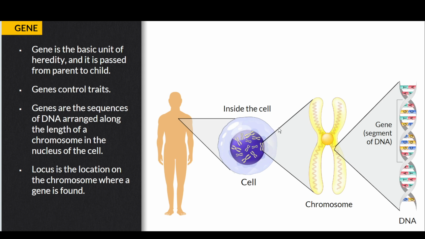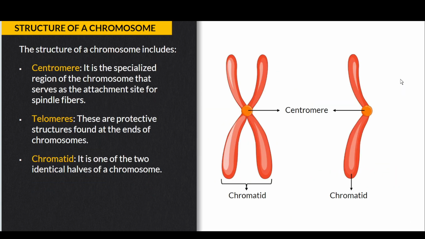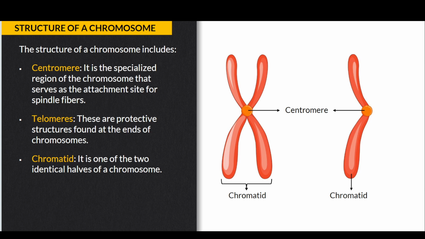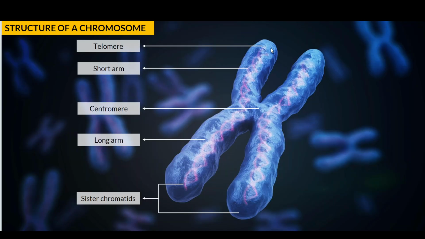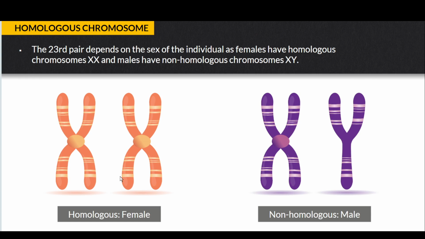So a cell contains a nucleus, which is the center of the cell. It's a circular, tiny thing inside the cell, which contains chromosomes and DNA, which control all the traits and everything. This is the structure of a chromosome. Centromere is the center, telomeres are the ends, and then homologous chromosomes means